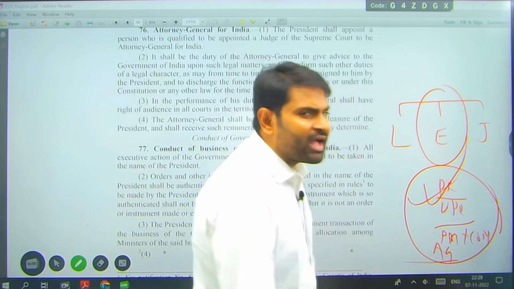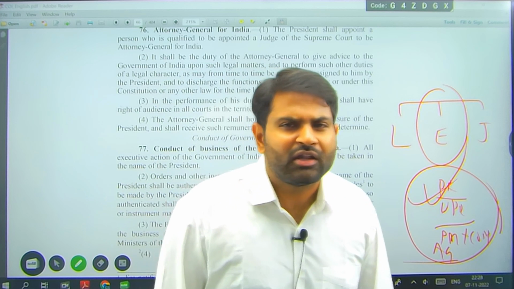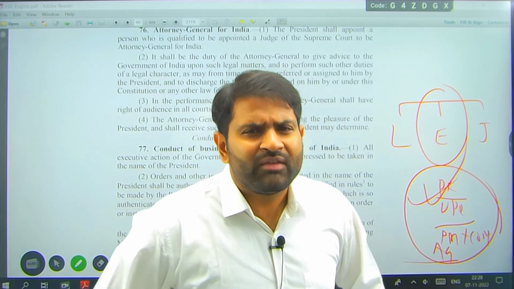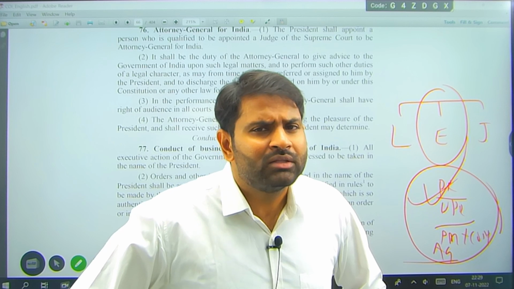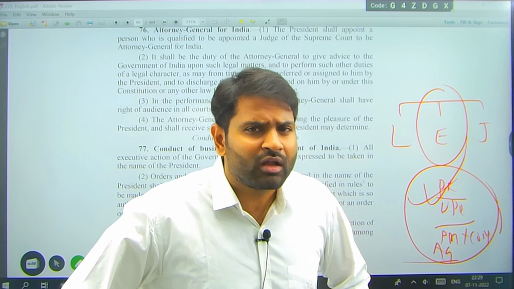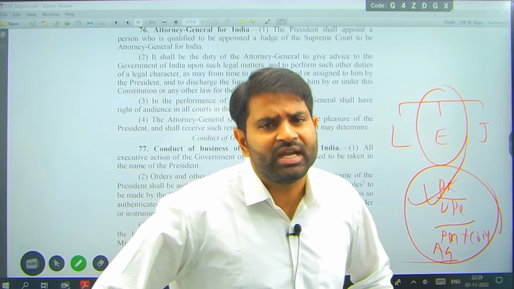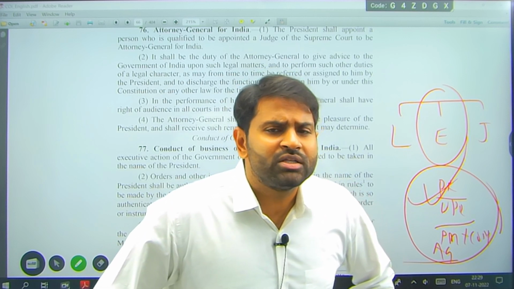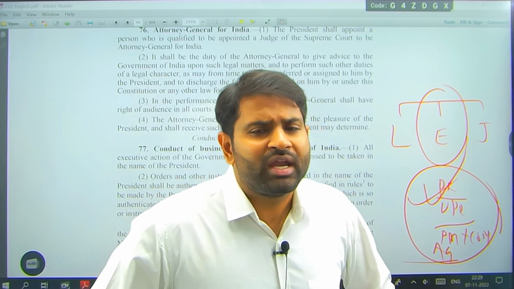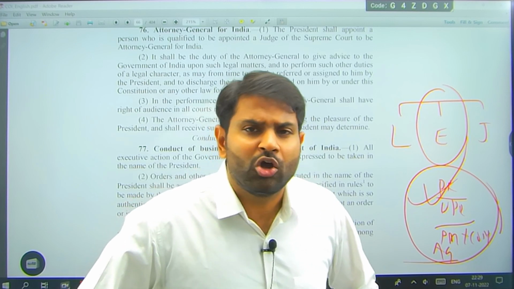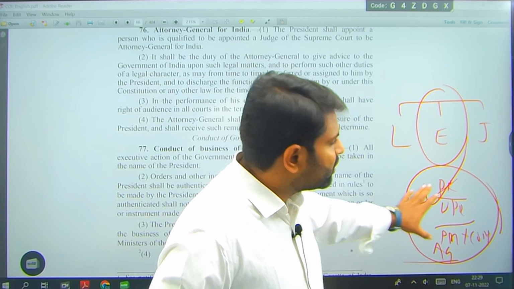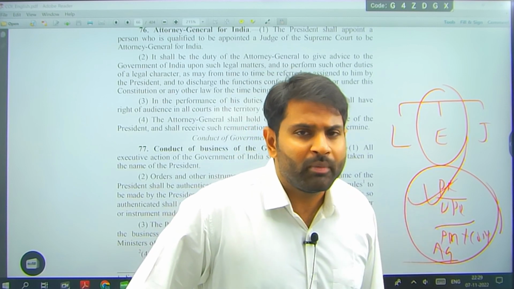Attorney general is the lawyer of the government. Simple. Attorney means lawyer friend. So there will be cases for union government. There should be someone who takes up the case of the government, that is called attorney general. In state, he is called advocate general. In center, he is called attorney general. Attorney general is the lawyer of the central government. So all these people together, we call them as executive. I hope you understood. Right?